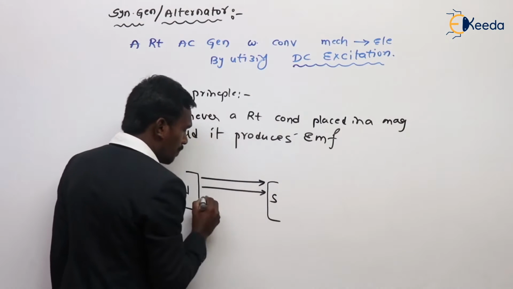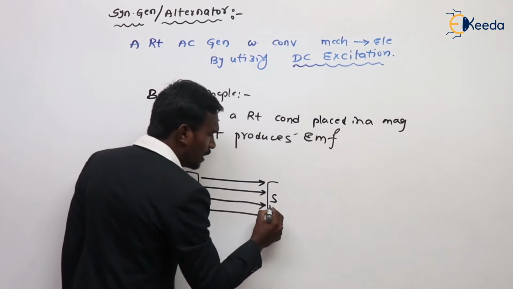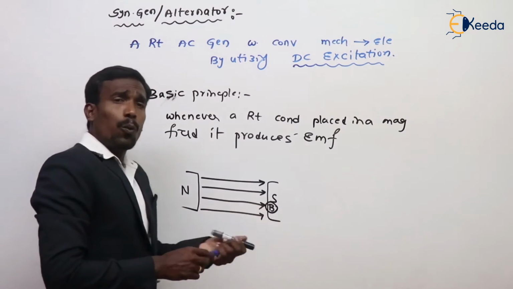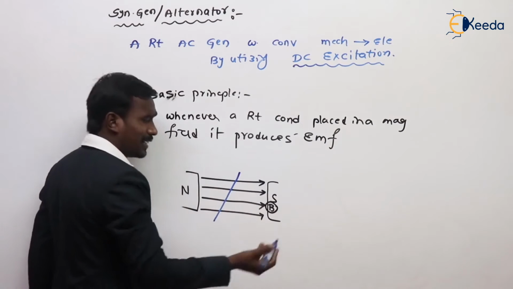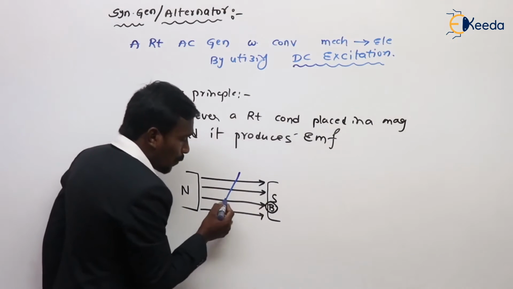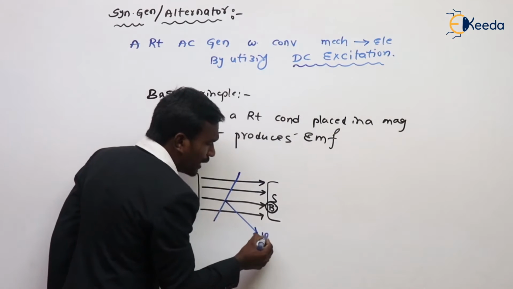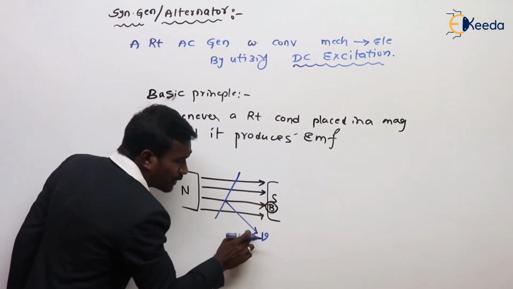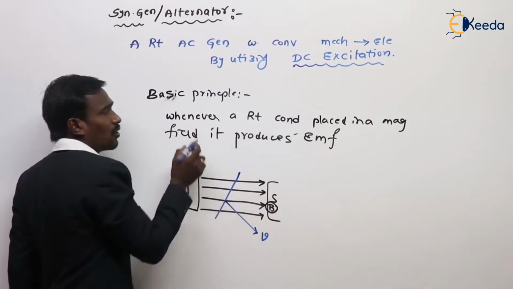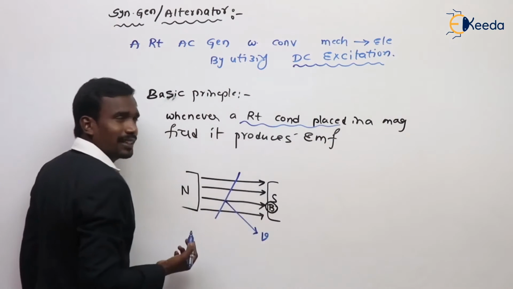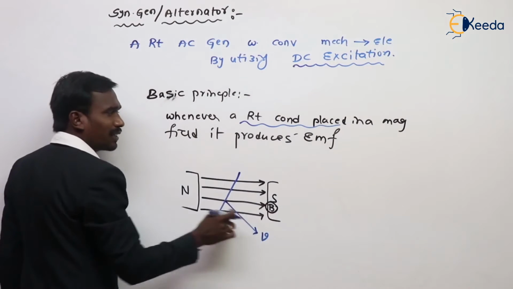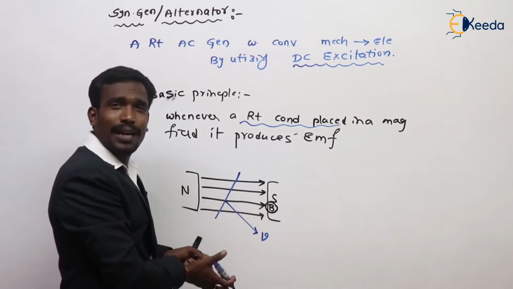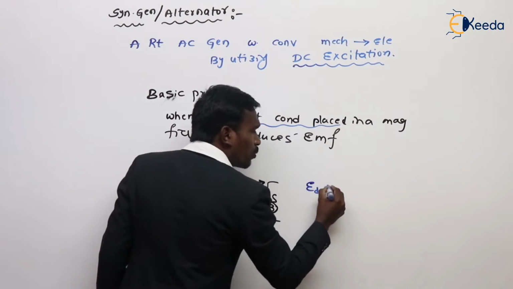This is my stationary magnetic field with some flux density B. And whenever a rotating conductor, this is my conductor, which is rotating with velocity v, that's why it is called a rotating conductor, is placed in a magnetic field, then it produces EMF. That EMF is equal to